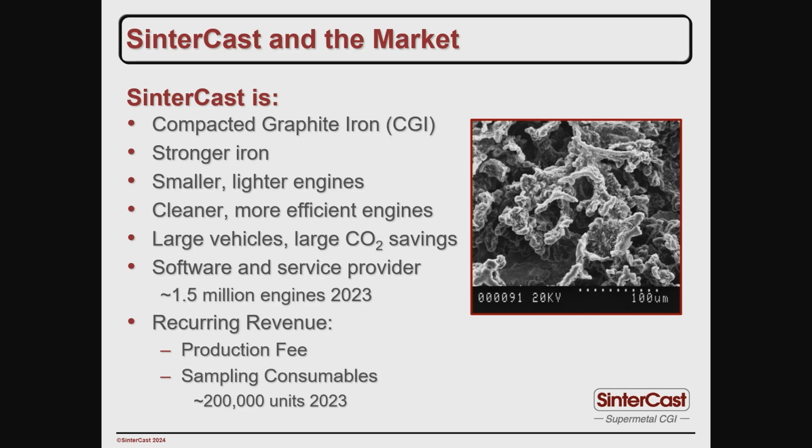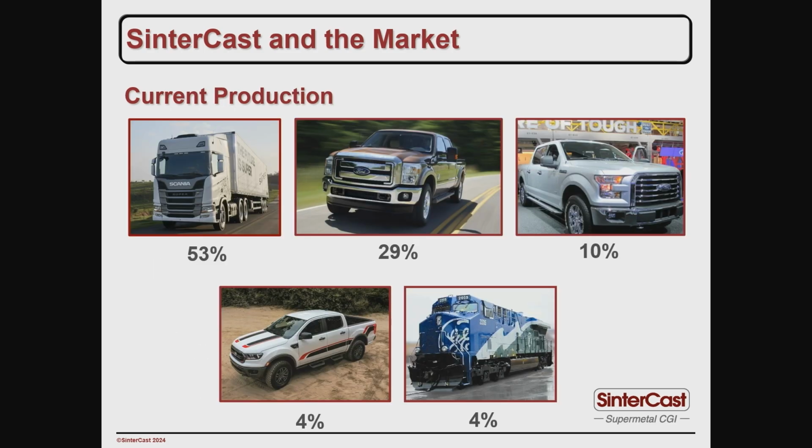It's a mature technology, it's a proven technology, and last year we delivered approximately 200,000 sampling cups, and what that means is that somewhere in the world, every 2.5 minutes, someone is taking a SinterCast sample. To give a visual indication of our market development,